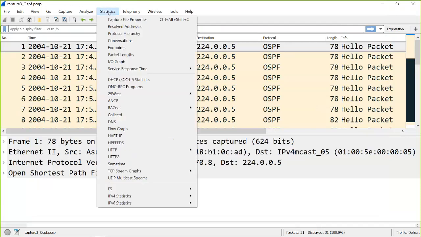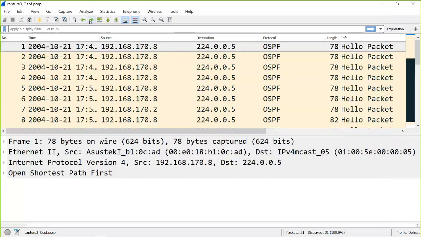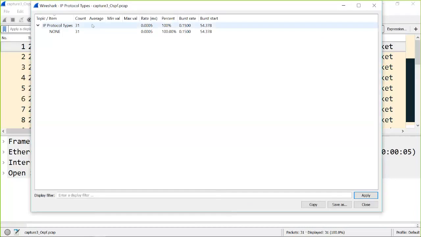We'll open the better one: Statistics, IP version 4 statistics, Source and Destination Addresses. If you see here, this is the source and destination, two stations, and this is DR-BDR communication happening. You can see the IPv4 packets, addresses, the source IP addresses, and the rate and percentage. And if I go to Statistics, IP version 4, I can also see the protocol types. So here it says none. And if I open this